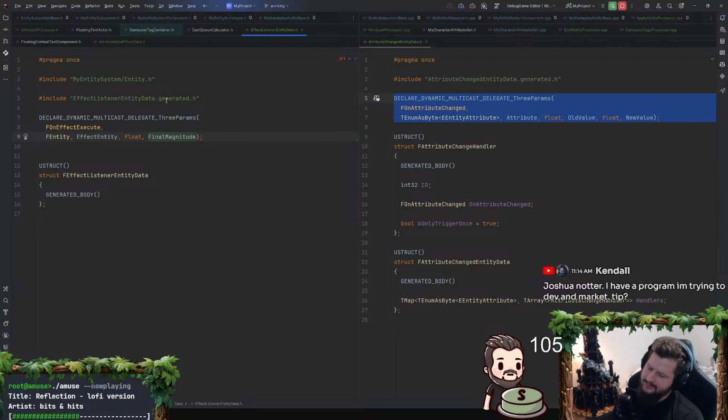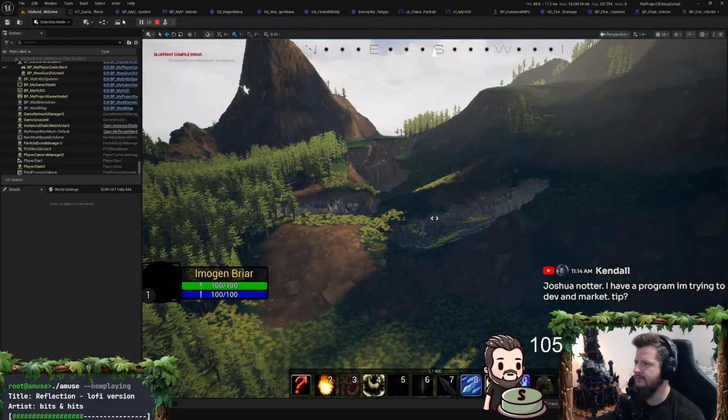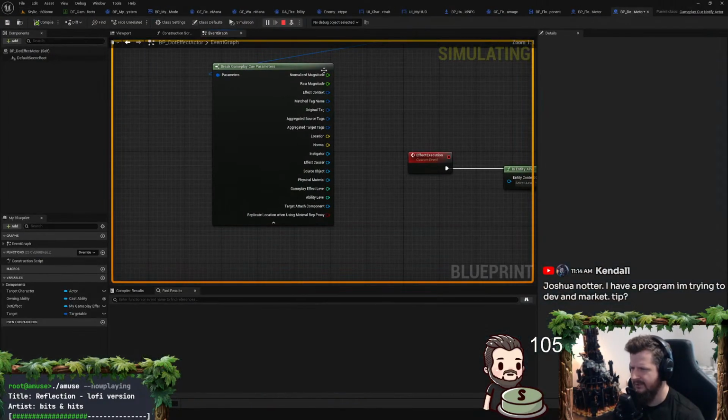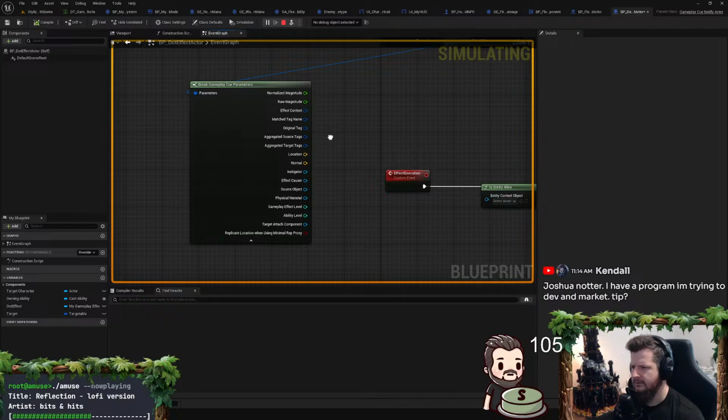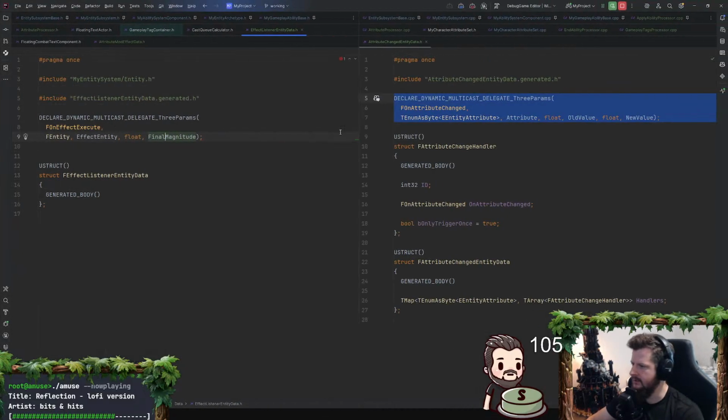What else? What other information do I need? Because I basically have everything from the effect entity. Let me go back into that. What else did they do? All tags and stuff, that's all going to be on like the target entity. I can get that. Location, I can get that. Instigator. Is it really as simple as magnitude and entity? I guess though that's what I'll start it at.